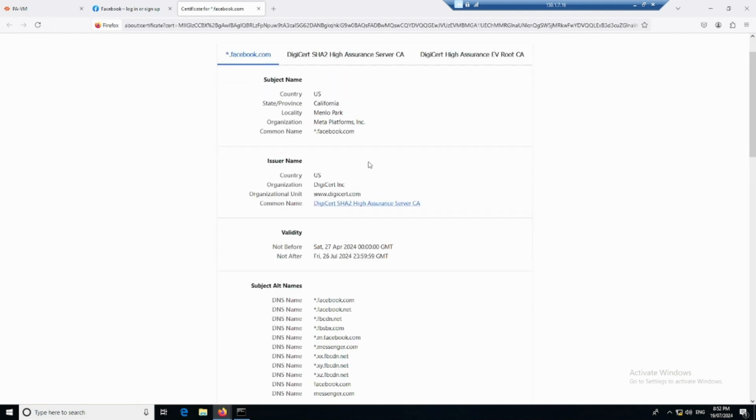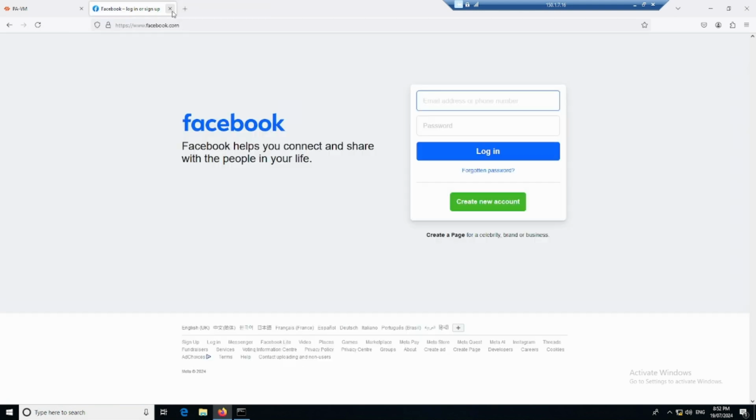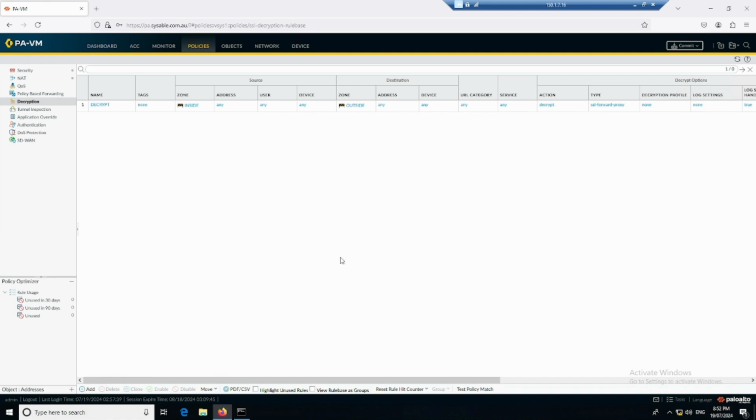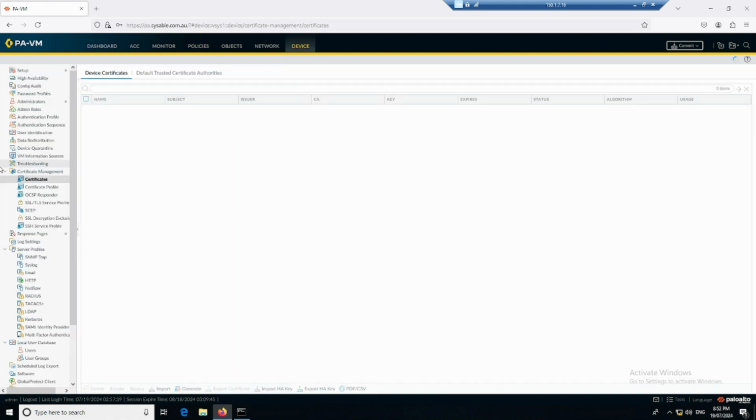Now you can see that the certificate common name is Facebook and it is being issued by DigiCert, okay, for Facebook. So now what we should be seeing in the issuer name is our Palo Alto certificate, because Palo Alto is signing the certificate and forwarding the traffic. Okay, so the forward decrypt trust certificate is not configured. So it is saying that we need the Palo Alto certificate which we have created. Okay, so if you select that one,